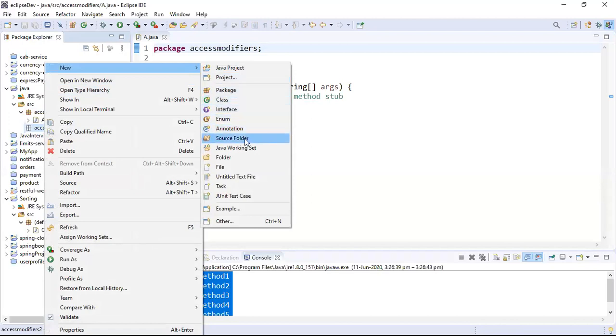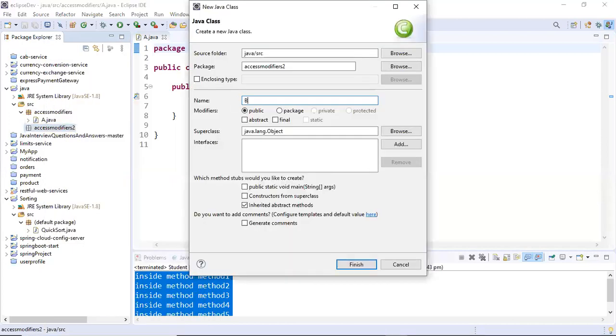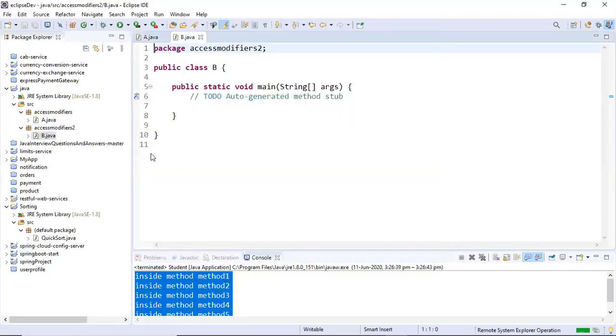I hope you are aware that packages are used to separate the logic between different classes. So one type of classes will be in one package, and other types of classes will be in another package. Like if you are doing summation, it will be in a summation package. If you are doing subtraction, it will be in another package. So it is logical separation. Let me write the class, and I want the public static void main method here also. These are two classes as of now.